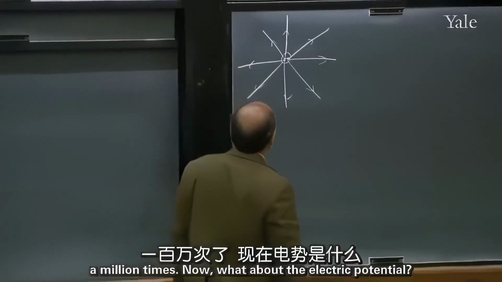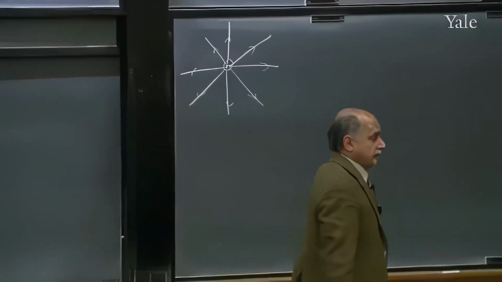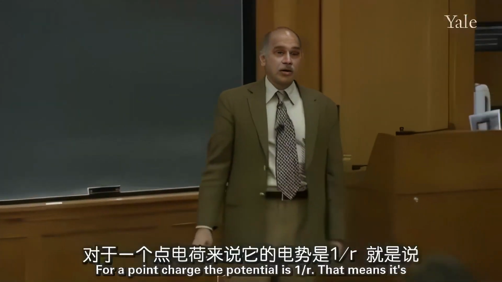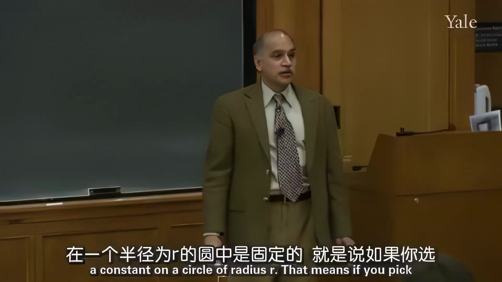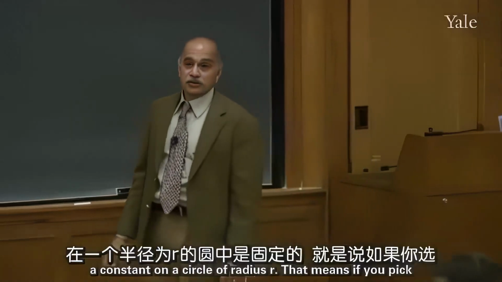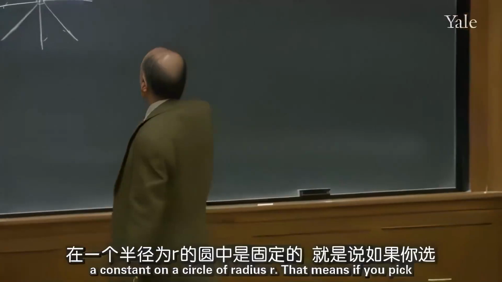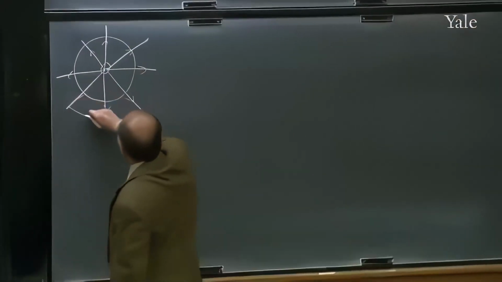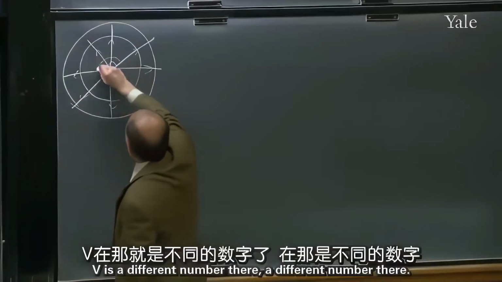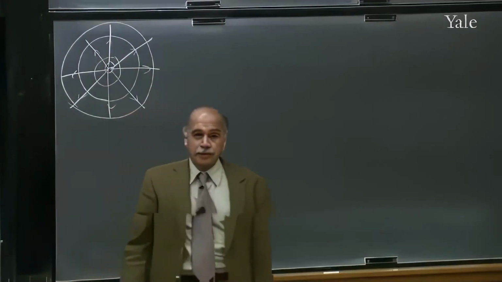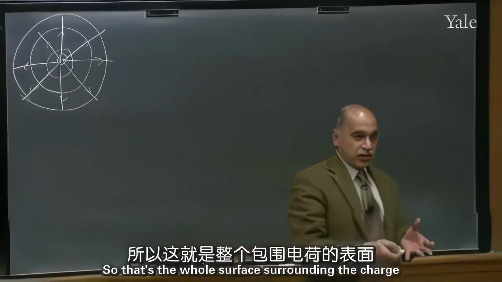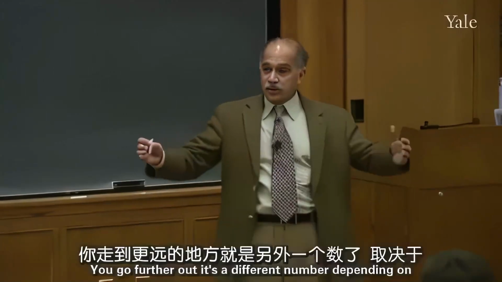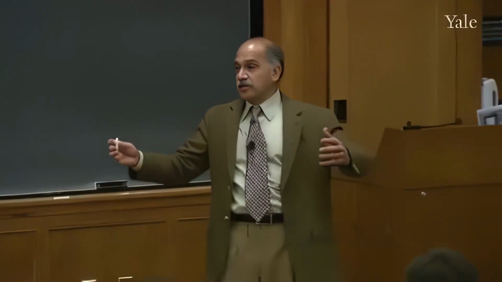Now, what about the electric potential? For a point charge, the potential is 1 over r. That means it's a constant on a circle of radius r. That means if you pick any circle, or a sphere, I'm sorry, V is one number here, V is a different number there, a different number there. So that's the whole surface surrounding the charge on which V is some fixed number. It depends on that radius. You go further out, it's a different number depending on that radius, and it falls like